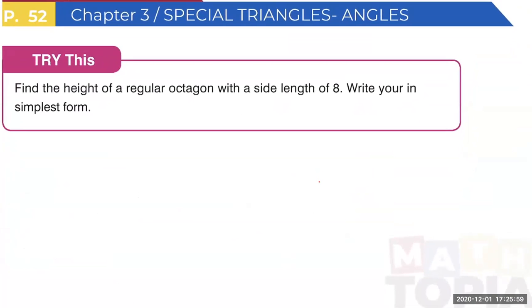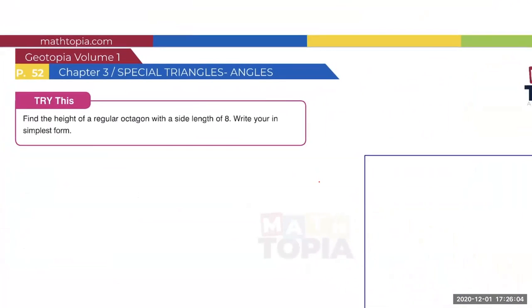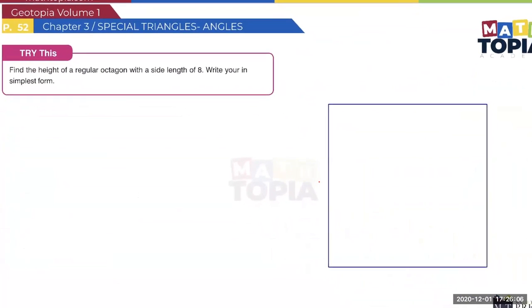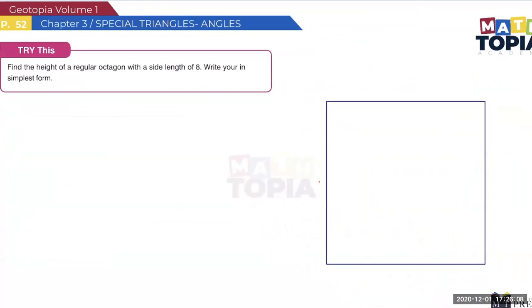So, page 52. This problem is asking octagon. Find the height of a regular octagon with a side length of 8. So I would like to first show you how I make a proper octagon. It's not proper, but at least close to proper. First you draw a square,